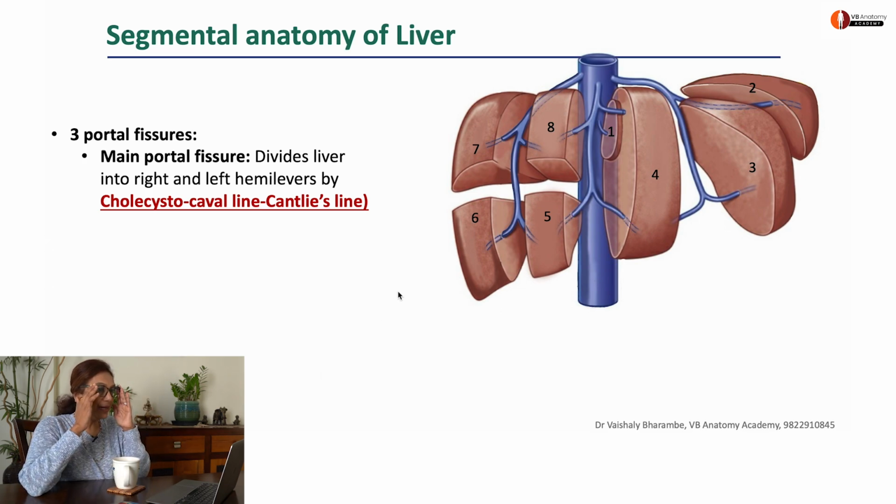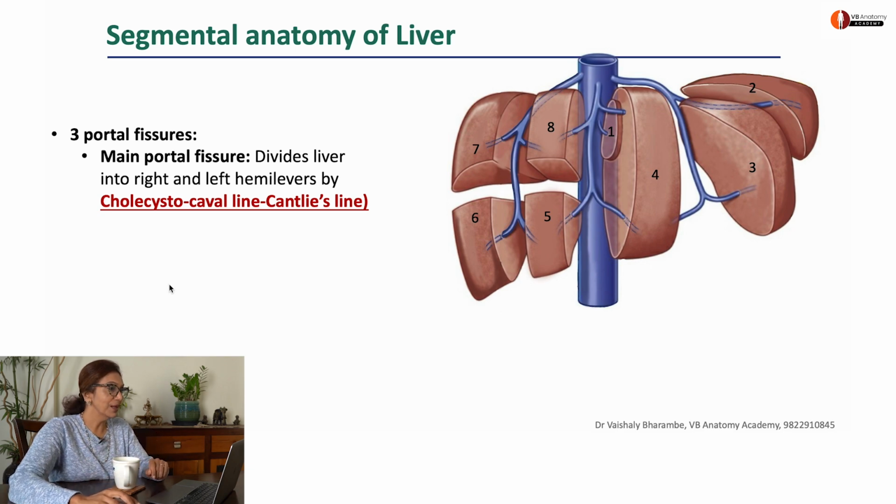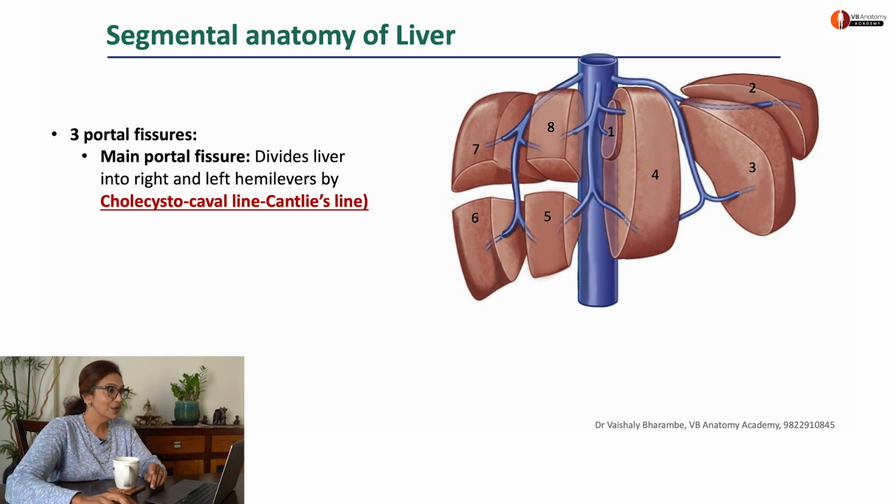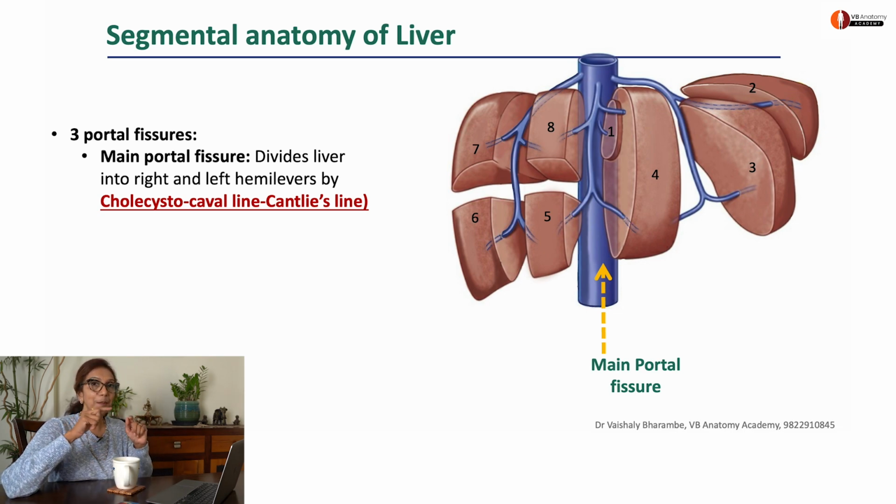So now I'm looking at a liver which seems to be broken up by presence of veins in it. Okay. So there are 3 fissures I want you to understand. There is a main fissure, right fissure, left fissure, which is going to divide your liver into 4 parts. So first, the main portal fissure. This is represented by the middle hepatic vein. If you draw a line from the gallbladder up to the inferior vena cava, called the cholecystocaval line or the Cantlie line, you're dividing the liver into two physiological lobes, one right, one left.